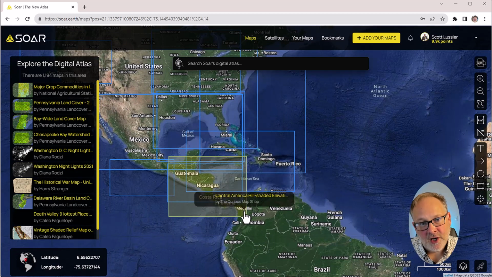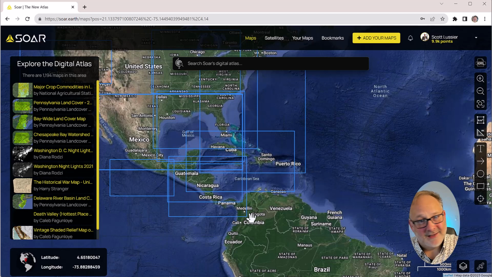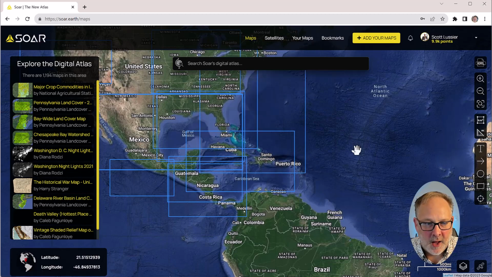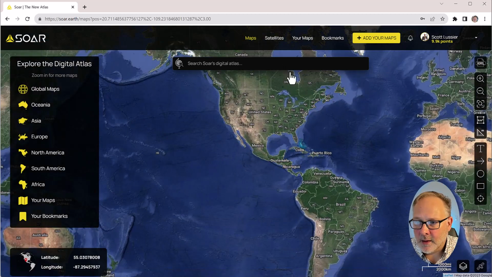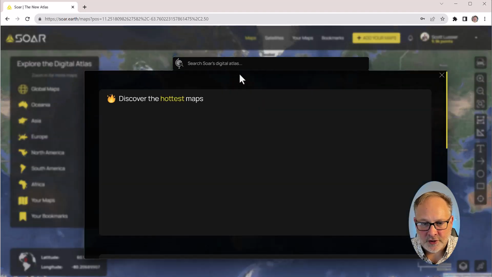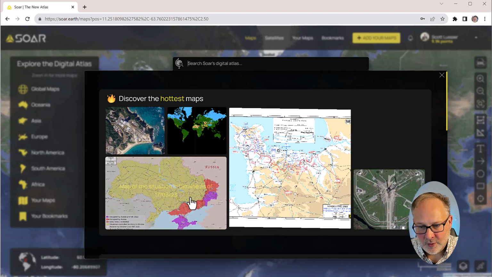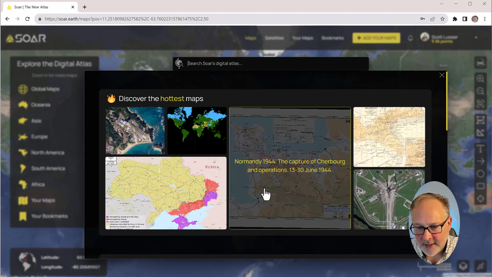I think the vision here is that there's going to be a gazillion maps in here, and you'll be able to quickly find a map. And that's what I want, just a map. So find a map right in here, and you're off. You can also search Soar's Digital Atlas using the search function, and we've got Normandy, 1944.